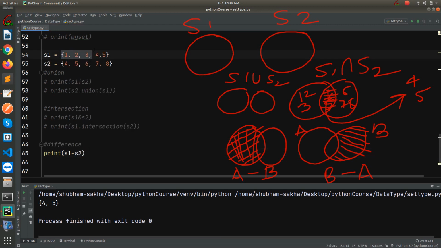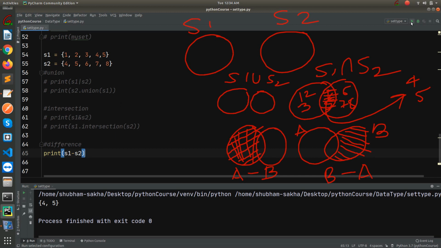The S1 set is 1 2 3 4 5 and the S2 set is this. Difference means take all the values from S1 but remove those values which are present in S2 also. So as you can see, we have to take 1 2 3 4 5, but since 4 and 5 are also present in S2, we are going to remove them. So this is A minus B, where we are removing the intersection values from both the sets.